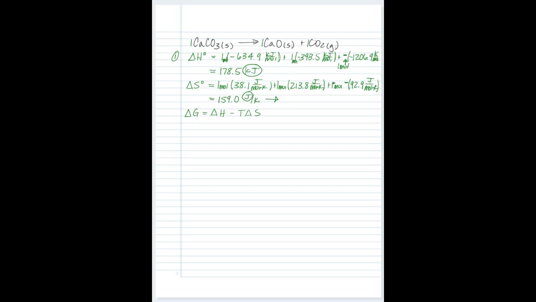And so I'm going to divide by 1,000, and I'm going to move my decimal point 3 places back to show that I'm dividing by 1,000. 0.1590, so this is equal to 0.1590 kilojoules per Kelvin. Okay, bigger unit, so smaller value. Okay, now I can do this. So delta G equals 178.5